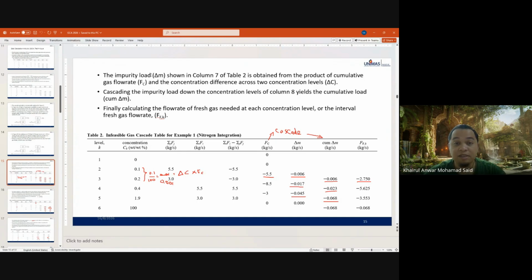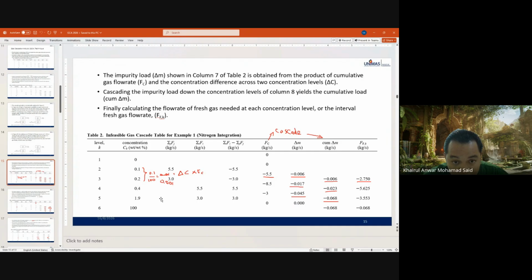So this is the equation. Actually, delta M is the component product, so multiplication of FC and the concentration difference, plus the two concentration levels, delta C. Right. So the delta C here, you need to find out. We calculate or add another column here for the delta C. So delta C is in between. So in this case,